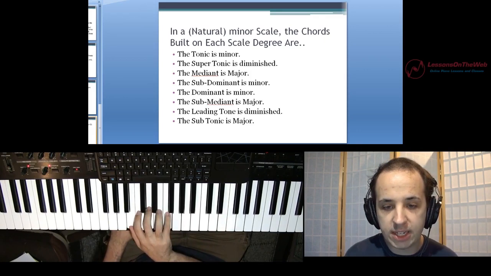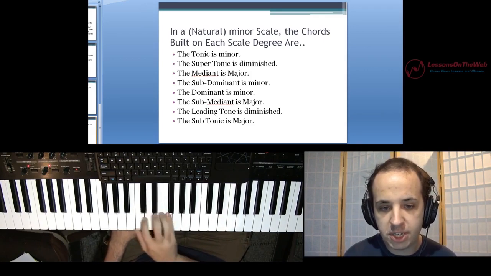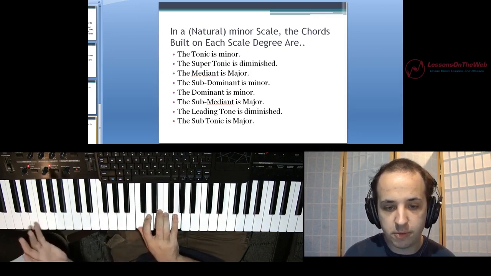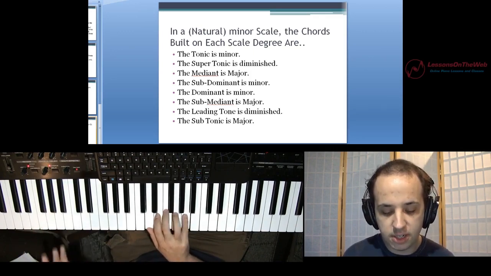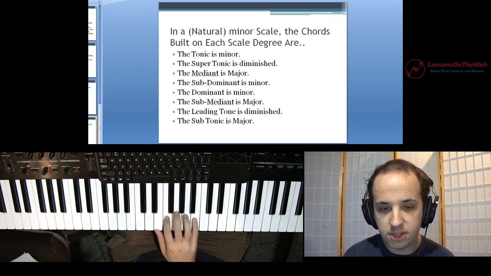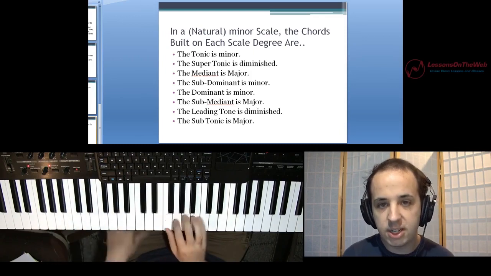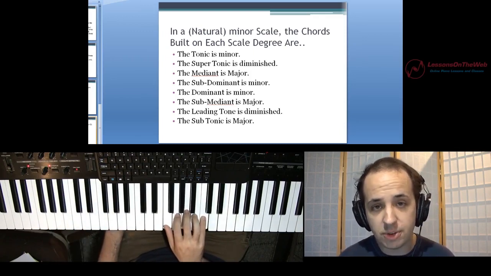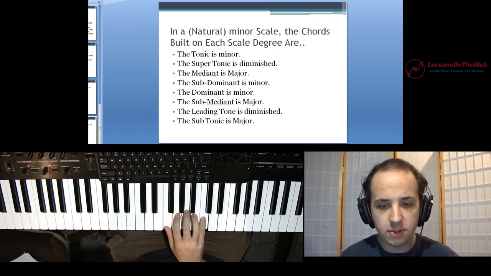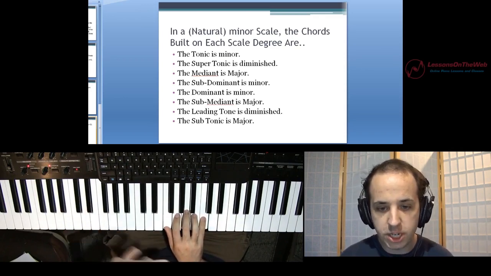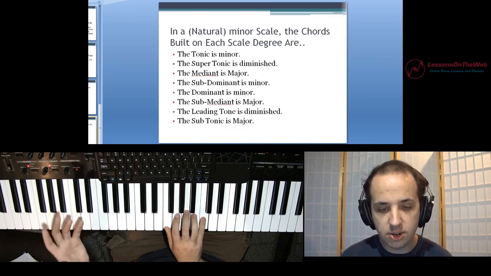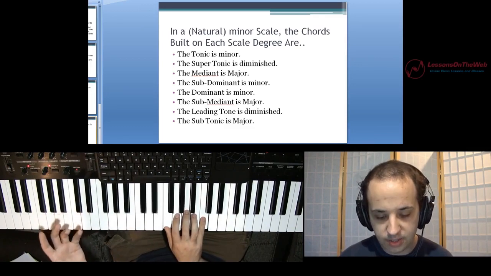The chord built on the supertonic is now diminished. The mediant now is major, so that's changed from minor before. The subdominant's minor. The dominant is minor. The submediant now is major, before it was minor. So a lot of these are flipped or changed into diminished. The leading tone, however, is still